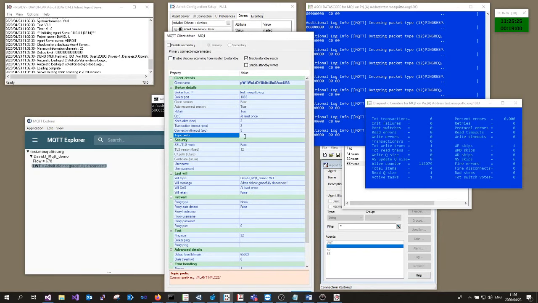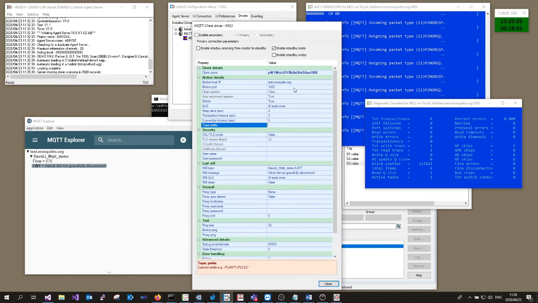I'm setting up the device called MQ1. It is talking to a general broker, test.mosquitto.org. So this will be the custodian of everything to do with MQ1 and his siblings.